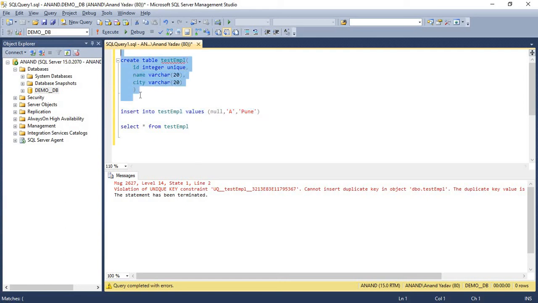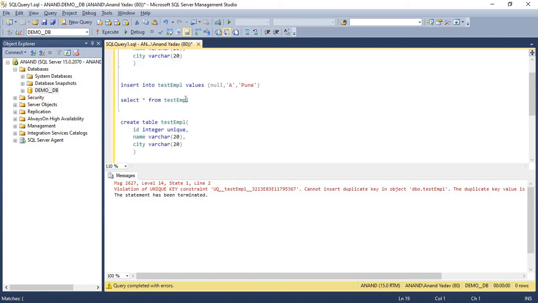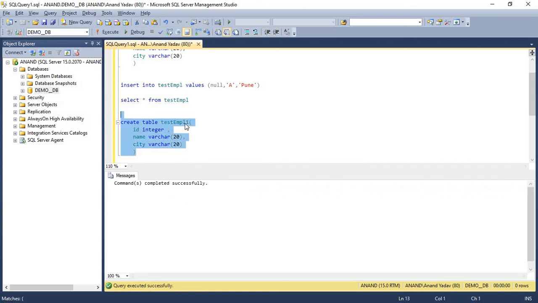Now, the second way: suppose a table is already created and we want to add a unique constraint. We can do that. Let me quickly demonstrate. This table test employee 1 does not have a unique constraint, and later we realized that our requirement changed and we want ID to be unique.